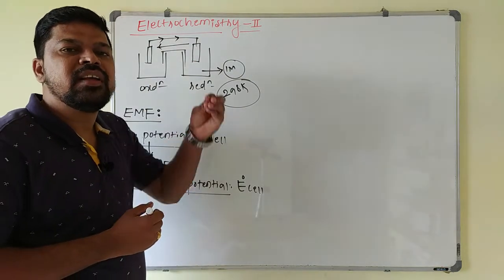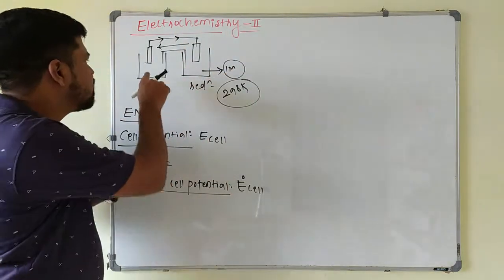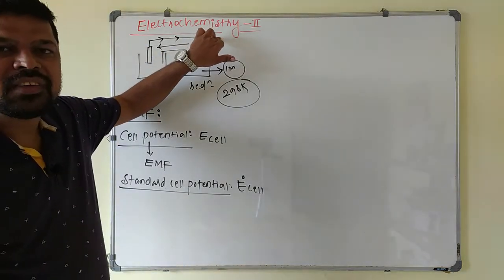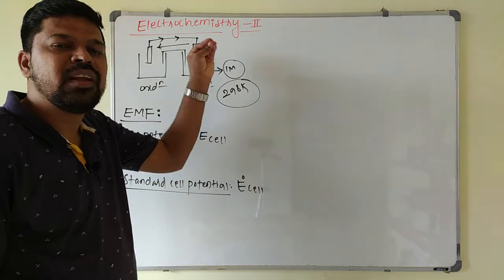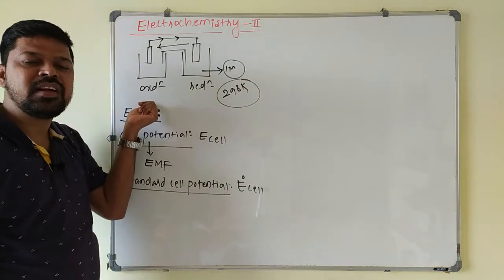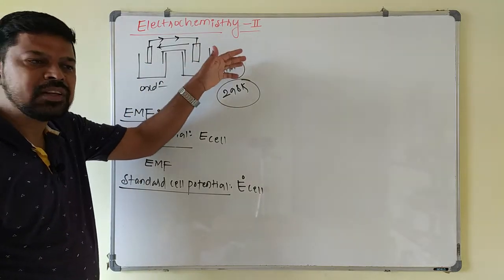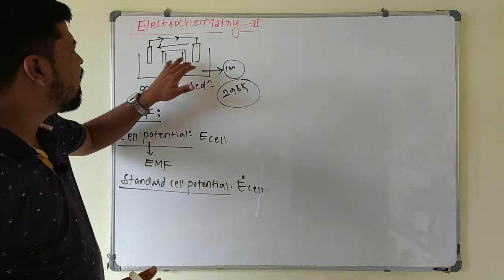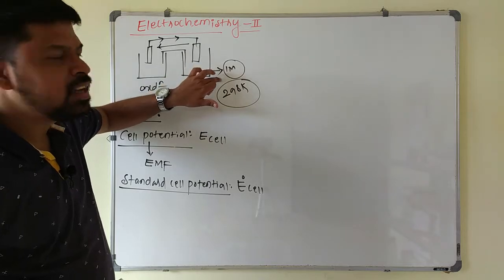Already we know that chemical energy is getting converted into electrical energy. As a result of oxidation, some electrons are released and they move towards the reduction half cell, so that some amount of electricity is produced. Whatever amount of electricity is produced in the galvanic cell, we take it as the EMF of the cell here. So the potential difference between the two electrodes of the galvanic cell is the cell potential.